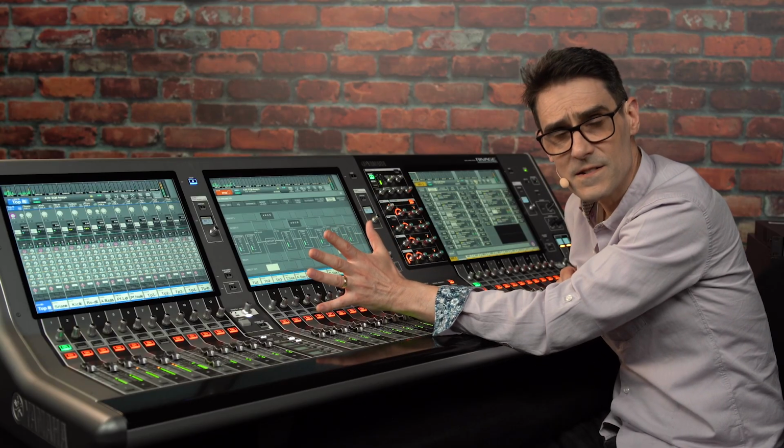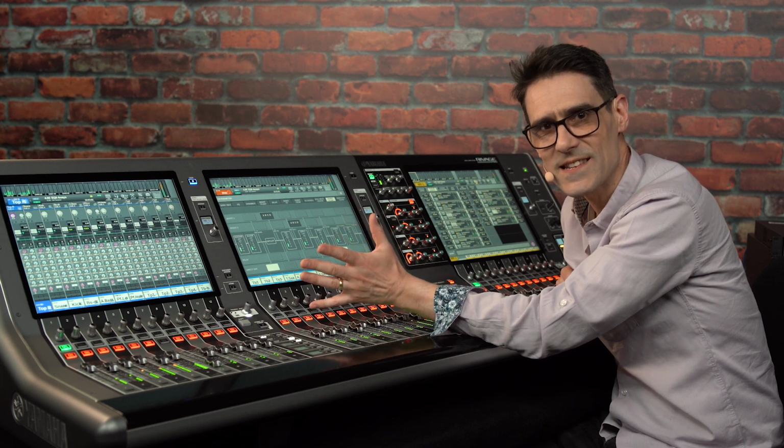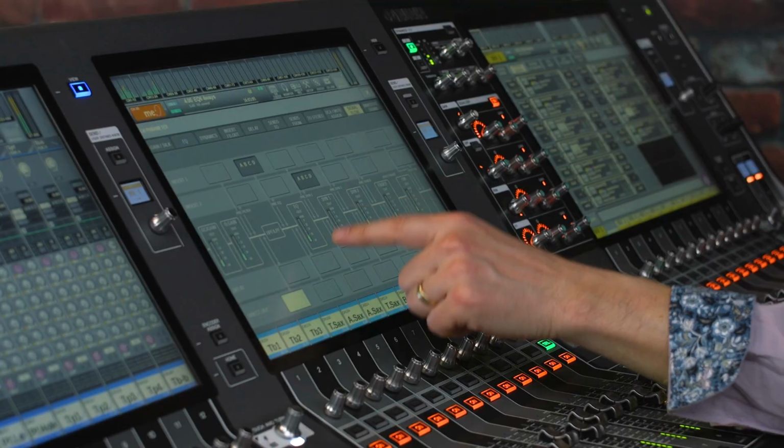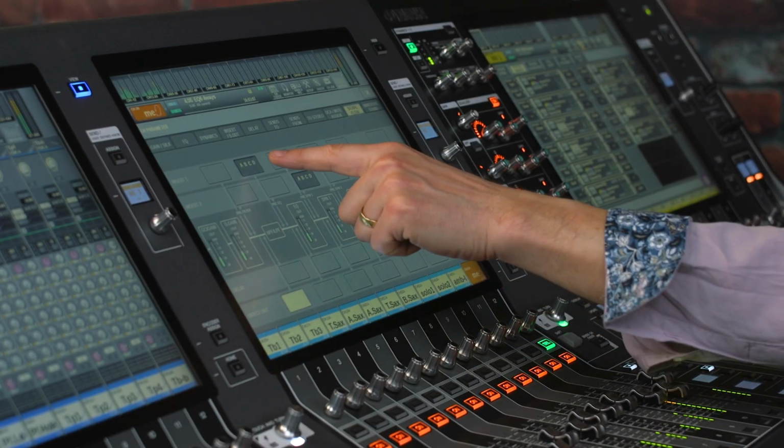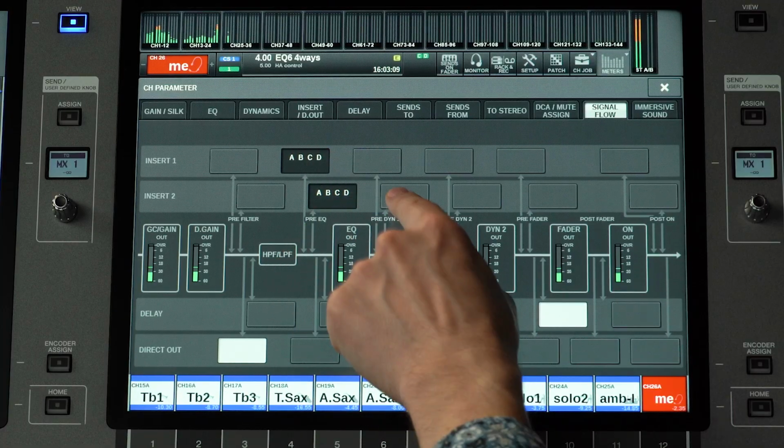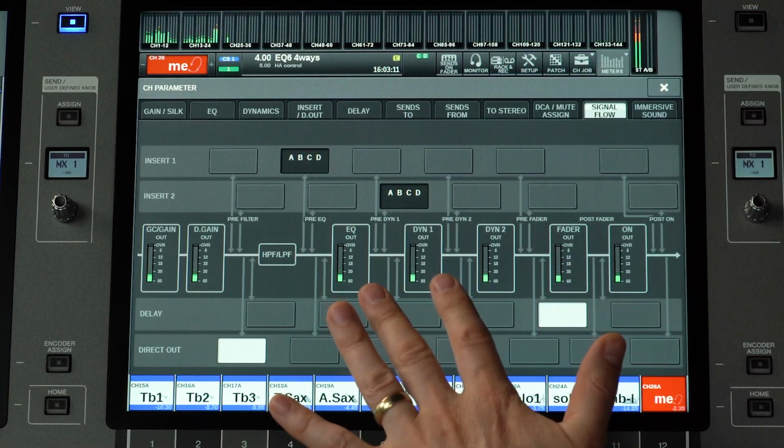You're most likely to be using the Dynamic EQ6 instead of the regular channel EQ, so placing it before the dynamics could make sense.